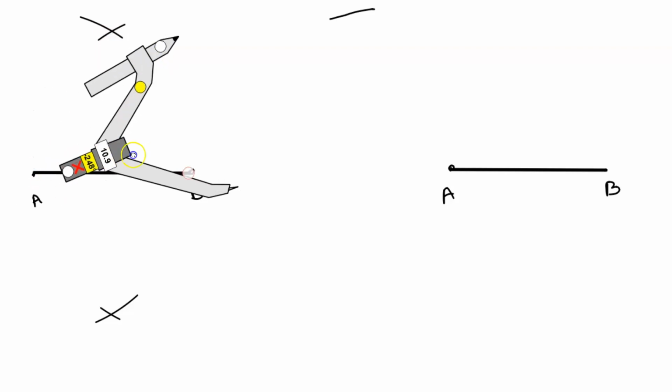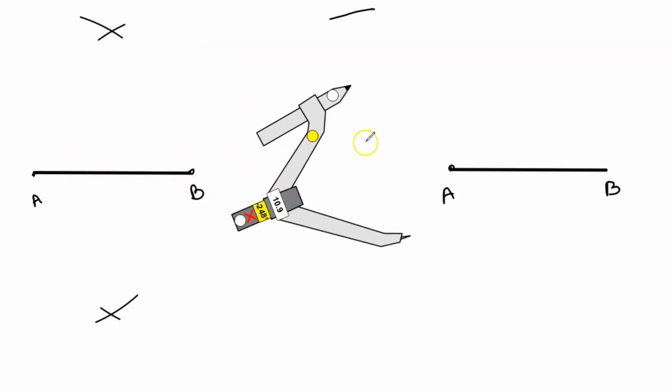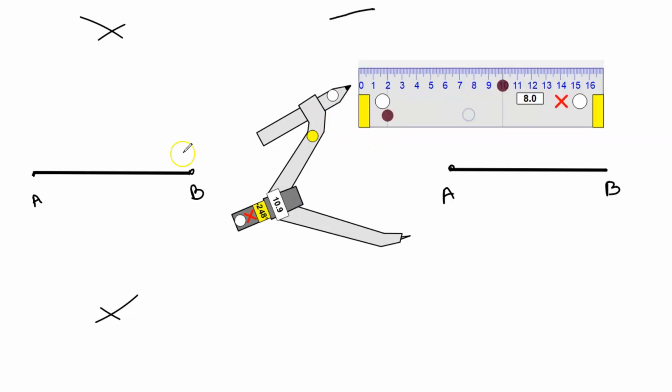Okay, so now I'm going to move my compass out of the way, grab my ruler. All right, and then I'm going to just pick up my pen here, and up here at the intersection of those two arcs is going to be point C. So now I'm just going to use my ruler to connect A to C. That will be the distance, the same distance from A to B as A to C, and then I'm also going to connect B to C, and I'm going to create a perfect